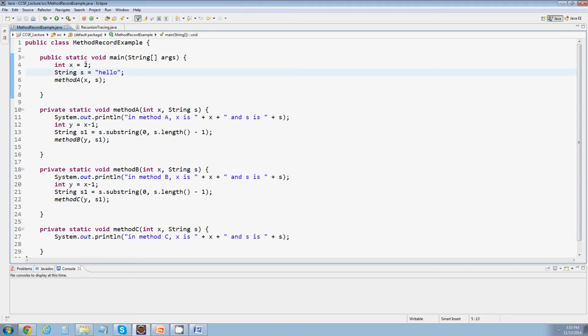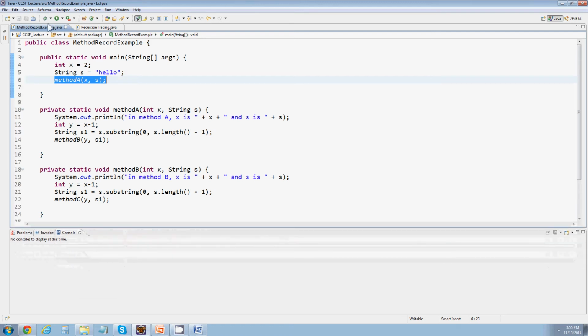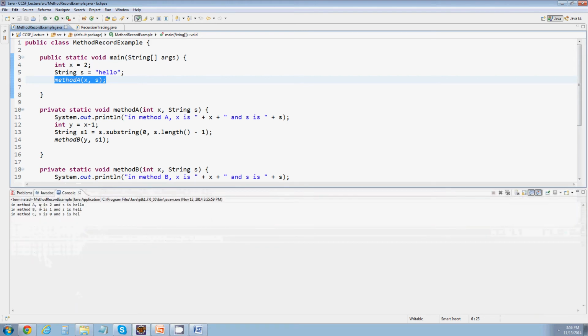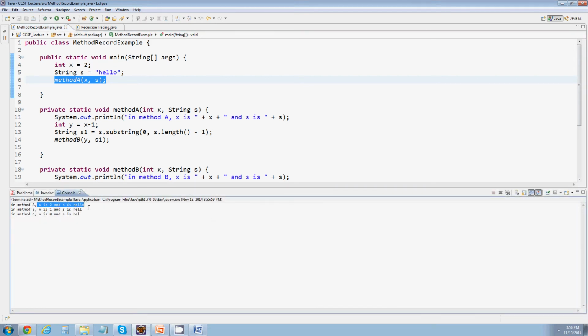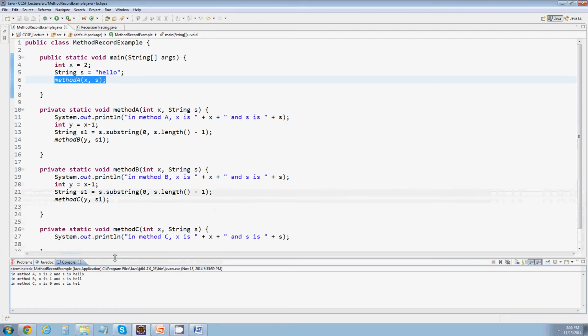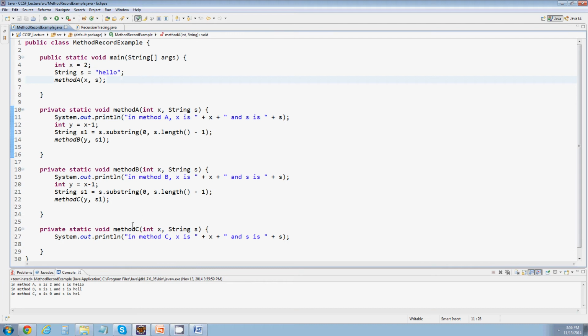Now in my main method, I initially declare x to be 2, my string to be hello, and then I'm going to invoke method A with those parameters. So when I run this program, nothing all that exciting happens. We just print out that in method A, x is 2 and s is hello. In method B, x is 1 and s is hell. And in method C, x is 0 and s is hel. Okay, so this is not a very exciting program, but you can see here we just have three methods, method A, B, and C,